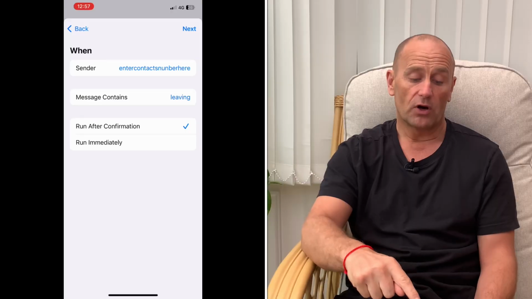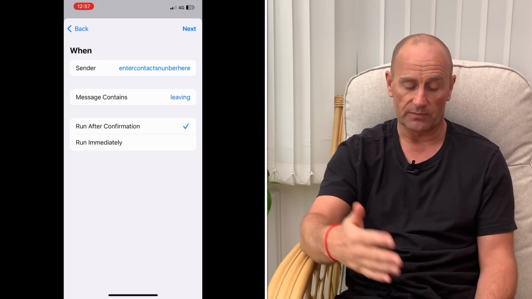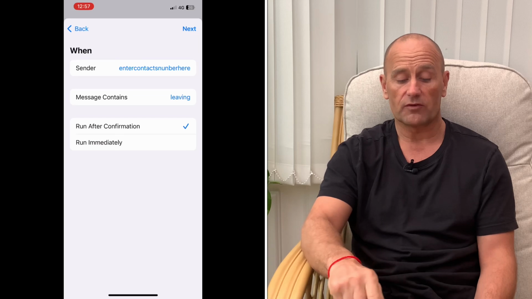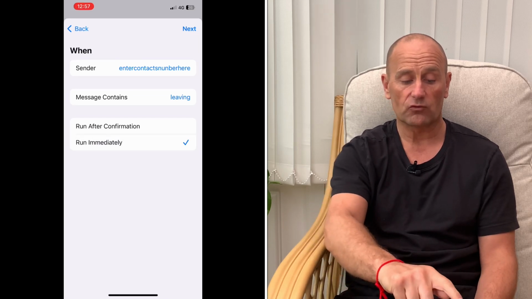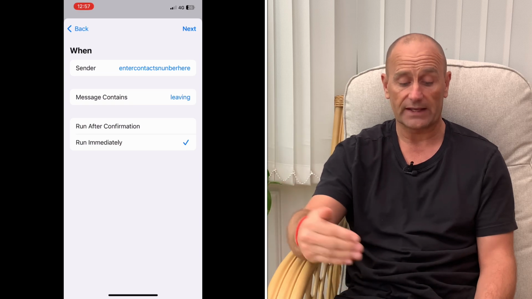So put the number you want in the sender. If it's a specific person, then you put their number in there, so it only will run when that specific person texts you. Put message contains whatever you want it to contain. For me, it's leaving, because when she says I'm just leaving wherever she is now, or leaving work or anything, then it will run the confirmation. Now you want to click run immediately so that you don't have to confirm anything. That will allow you to hear that ding that I was telling you about. Choose the